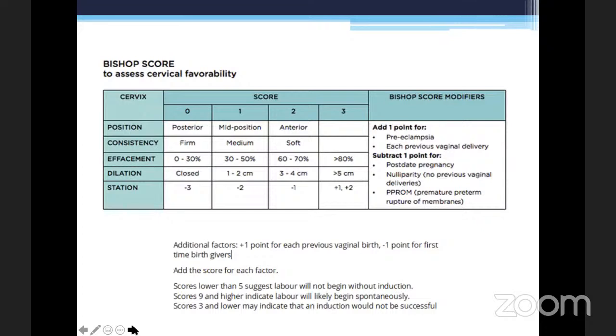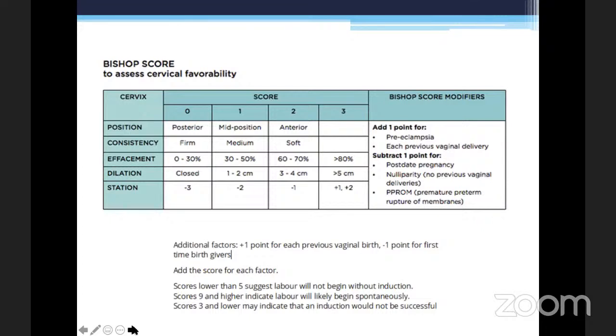station -2. At 2, the position is anterior, consistency is soft, effacement is 60 to 70%, dilation is 3 to 4 centimeters, and the station is -1. At 3, the effacement is greater than 80%, dilation is greater than 5 centimeters, and station is +1 and +2. For the Bishop score, you should add 1 point for preeclampsia,